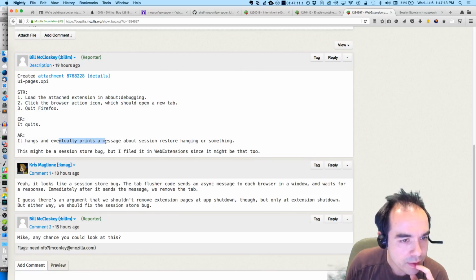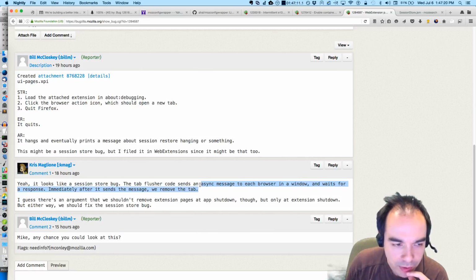Hangs and eventually gets smashed by session restore hanging. Tab flusher code sends an async message to each browser in a window and waits for a response. Immediately after it sends the message, we remove the tab.